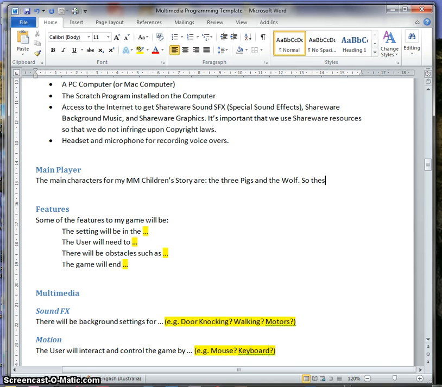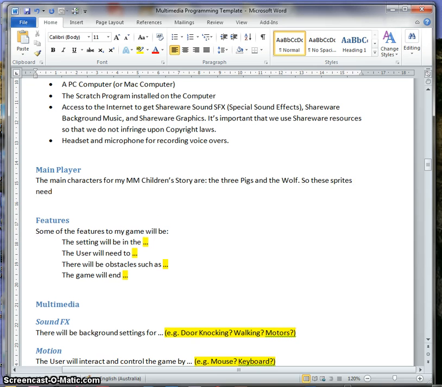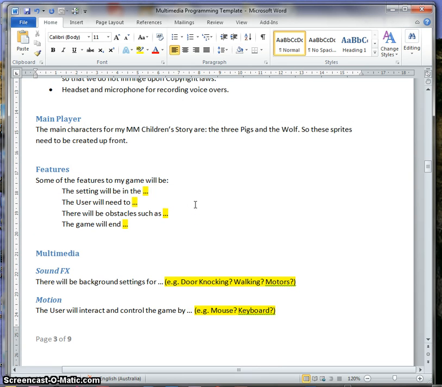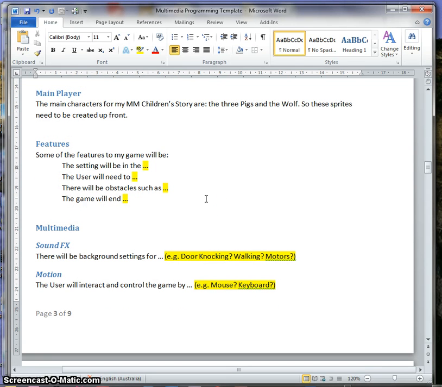So these sprites need to be created up front. So the first thing you do, when you get in the program, is create your three pigs and your big bad wolf. Okay, features. Now in the features section, just to give you an idea, some of the features in my story,